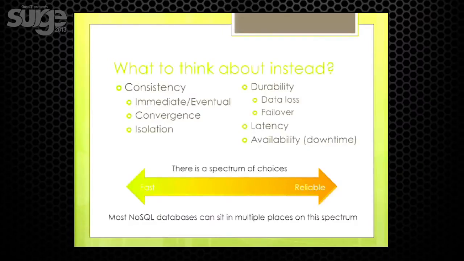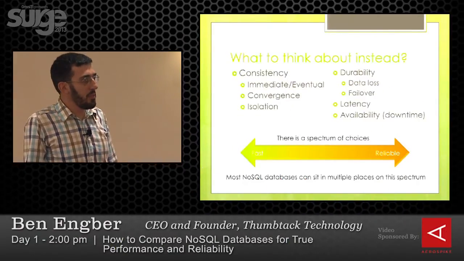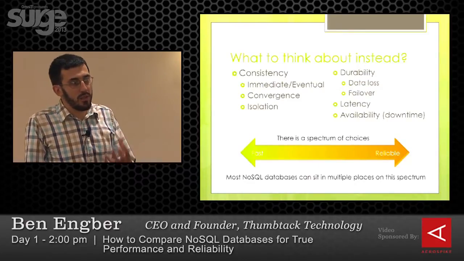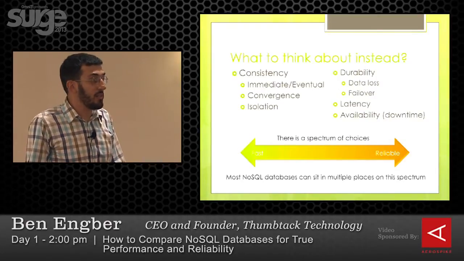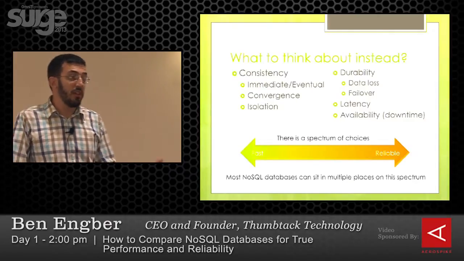So I think a much more useful way to think about these kinds of databases is not between consistency and availability, but between speed and reliability. And what does reliability mean? Well, it means different things for different kinds of databases, and it means different things for different kinds of applications. It can mean immediate consistency, but it can also mean things like tolerance of data loss in case a node goes down. Or it can be stronger versions of consistency beyond consistency, transaction isolation, as well as downtime. And each of these databases can live in multiple places on this speed reliability spectrum.